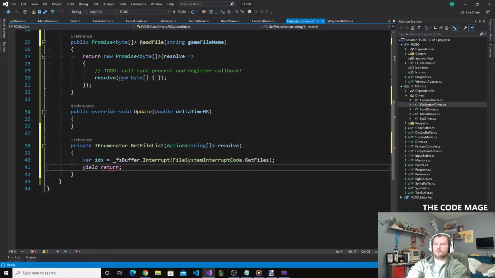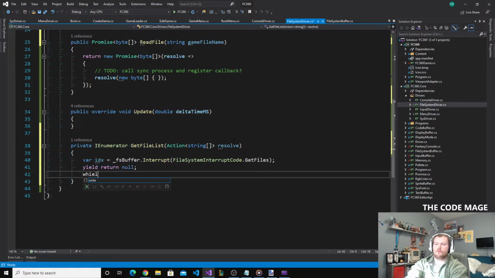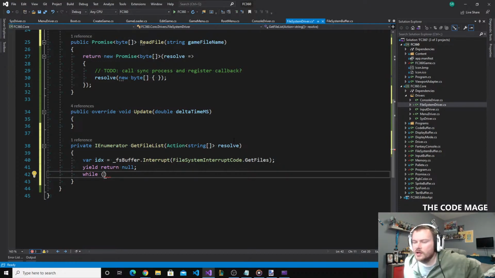Now yield return will make this an enumerator, and we can just return. And then while, because we know we're not going to get it right away, probably, although we could, so maybe I'll change that later. But so then the next time that the operation is called,